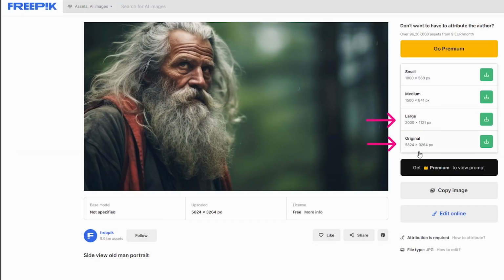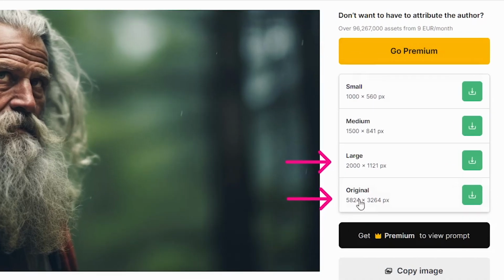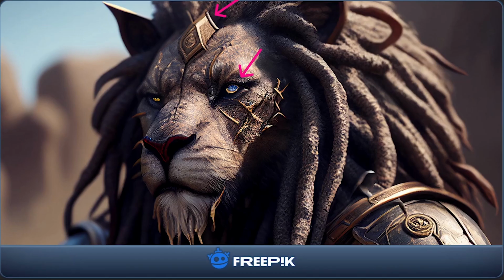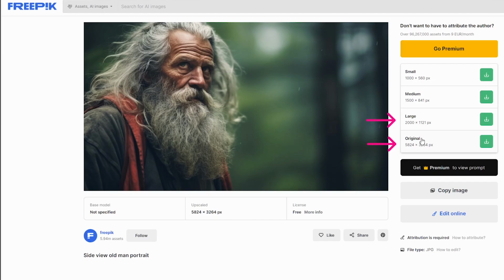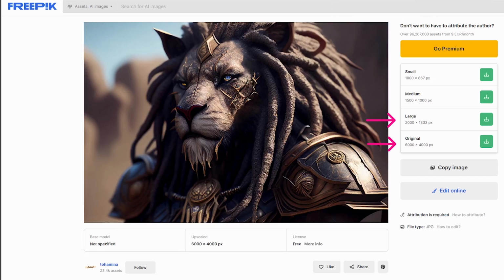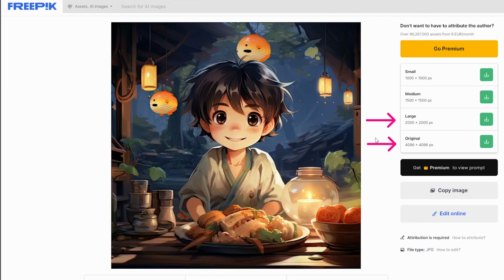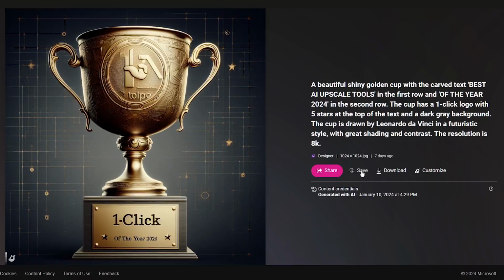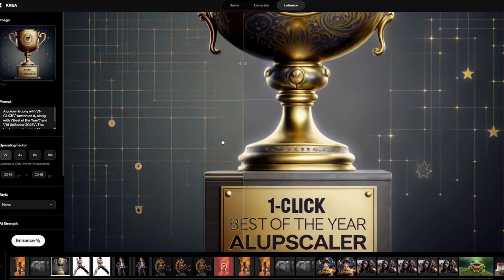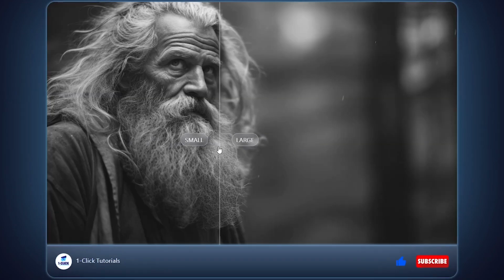To make this comparison fair, I use Freepik images in 2 sizes, large size and original size. I use the large size for AI upscaling, and I use the high quality original image as a source to compare the AI upscaled images and see which AI upscaler can recover the original pixels of each image. I use 4 categories for this comparison: this old man portrait, this Midjourney Lion King, this AI generated girl, and this cartoon boy. Also, I add a quick how it's made part at the end of this video, and if you're interested in how I created this video, please follow me in the last part of this video.